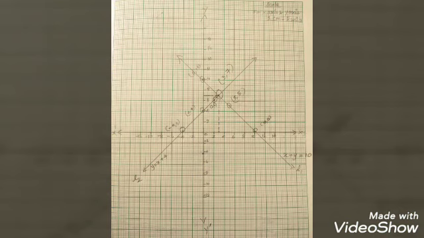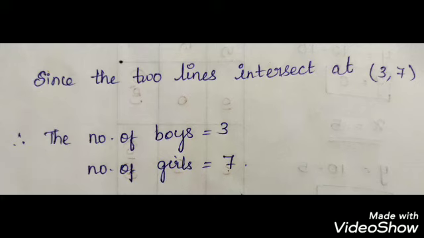Right. See L1. First take equation number 1 and plot the points and make the straight line, that is your L1, and take your equation number 2 and plot the points and make the line L2. See, L1 and L2 are intersecting at the point 3, 7. Is this clear? The graph is clear. First take the equation number 1 table and plot the points, draw, then equation number 2. So the number of boys is 3, because they are intersecting at 3, 7. The number of boys is 3 and the number of girls is 7. Is this clear?